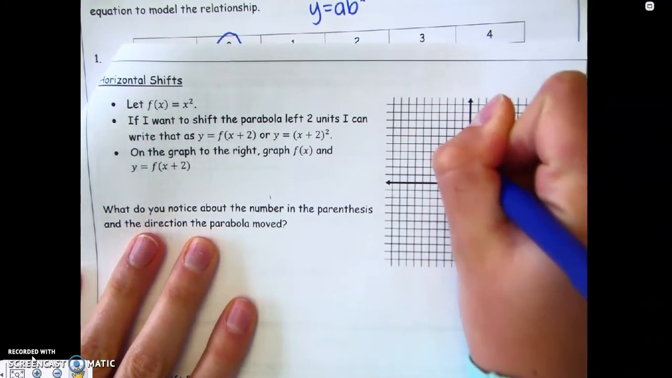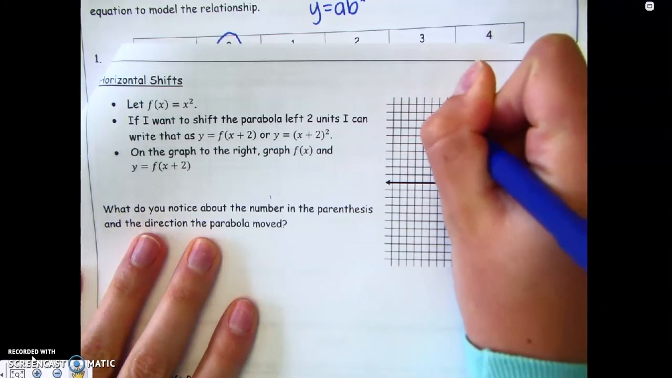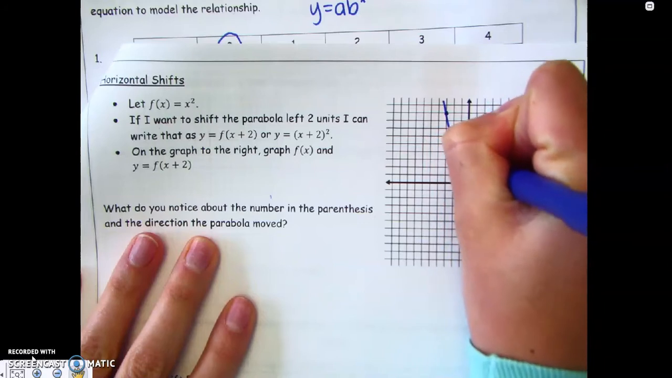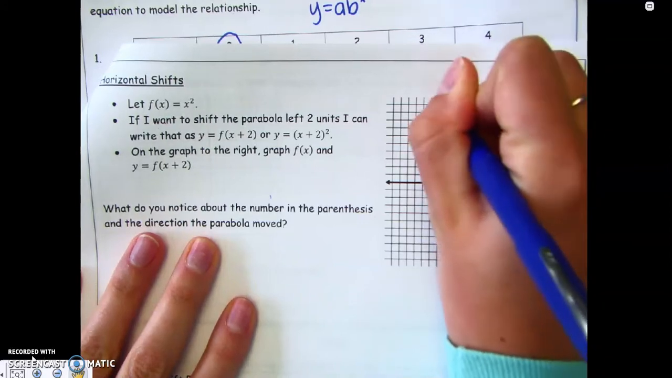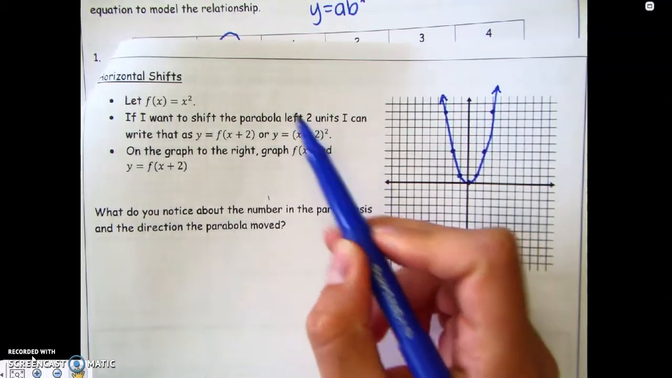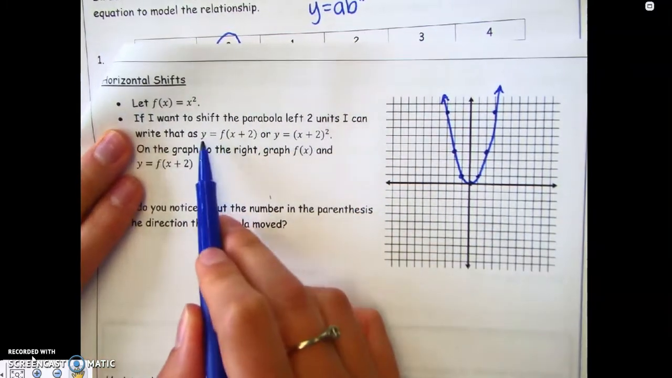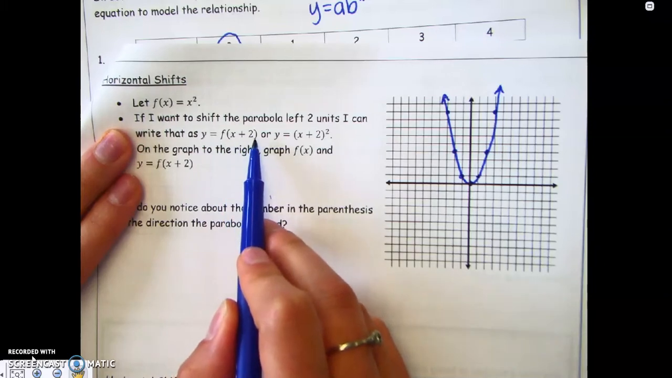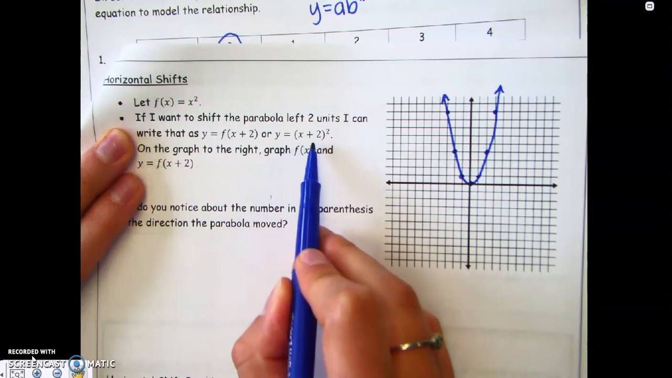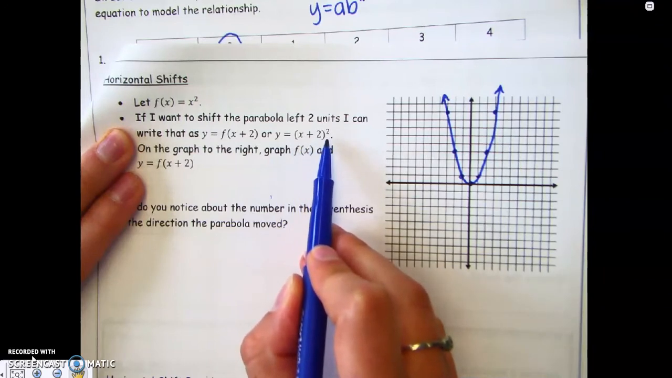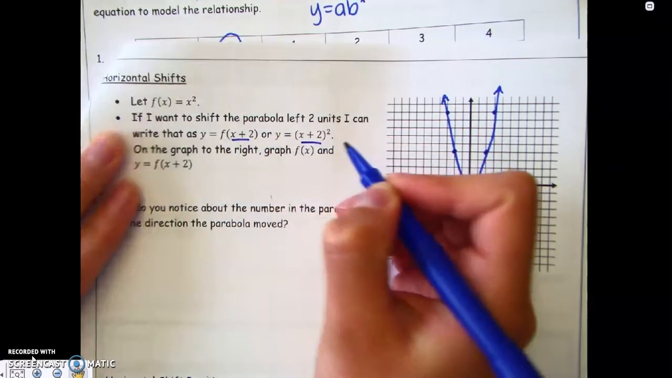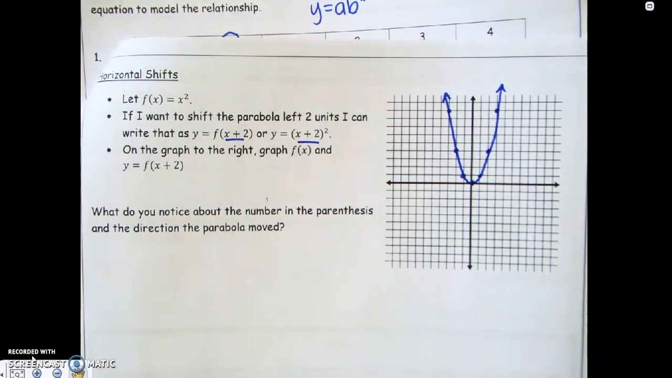Or if you remember the point, you can do it that way too. So that is x squared. And that said, if I want to shift the parabola to the left 2 units, I can write that as y equals f of x plus 2 in the parentheses, or it can be written as y equals (x plus 2) squared. So the key to horizontal shifts is the addition, or whatever you're moving it, is written inside the